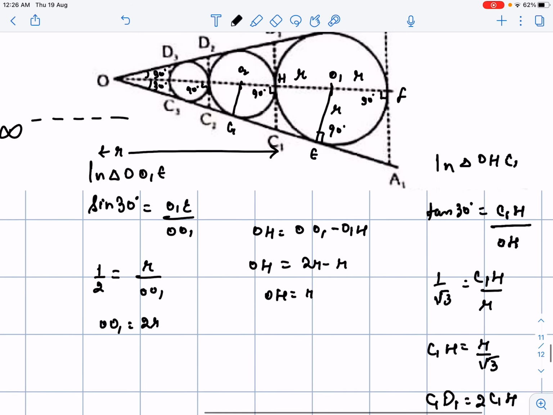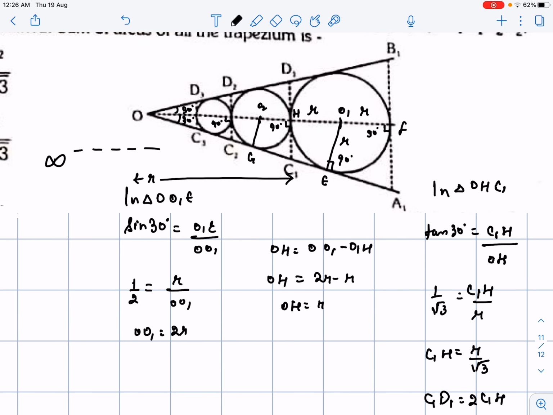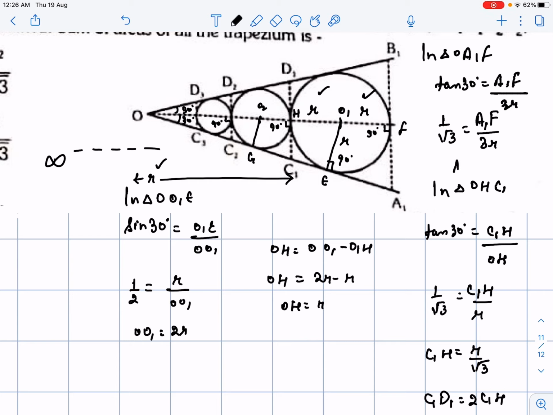Now we got the value of C1D1. We'll be going to get the value of A1B1. So in triangle OA1F, we'll write tan of 30 degrees. Perpendicular we do know is A1F over here, and hypotenuse we do know is r plus r, that is 3r. So 1 by root 3 is equal to A1F divided by 3r, or A1F will be becoming